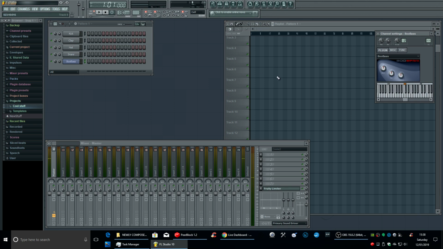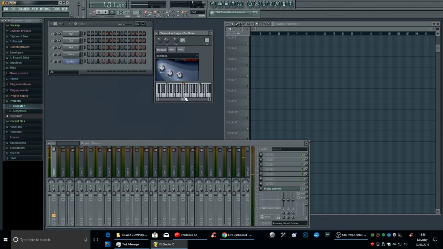Then I put my keyboard on. I'm using the normal keyboard, your QWERTY keyboard, not the MIDI keyboard. If you click this icon here, at the top over in this area it says typing keyboard to piano keyboard. That turns your normal QWERTY keyboard into a piano, so you can press the S, W, A, F, G, H, and it'll give you different keys.